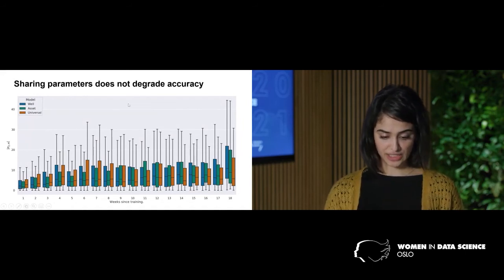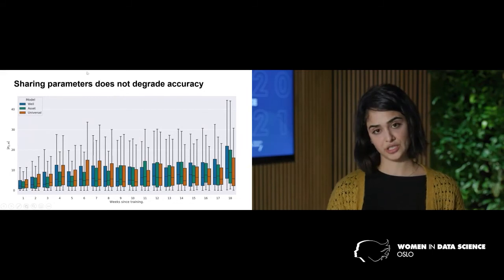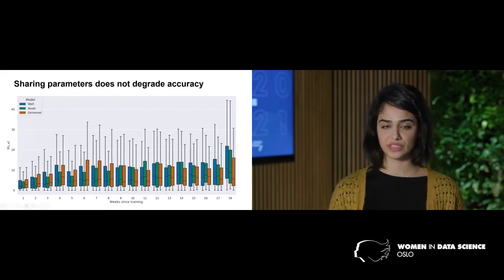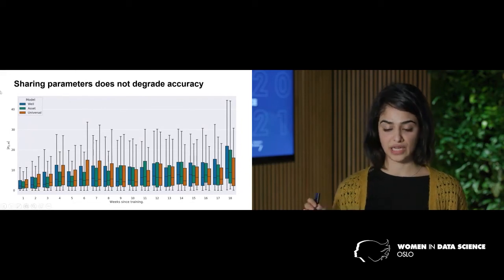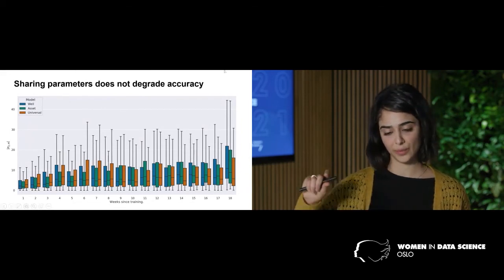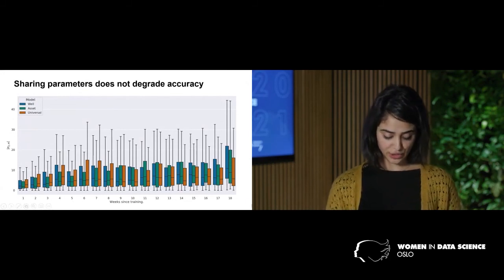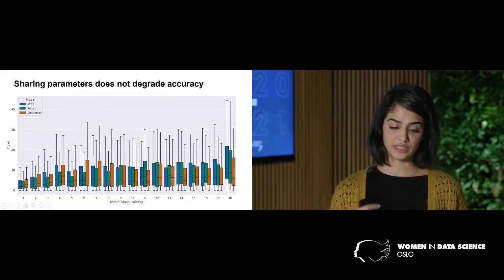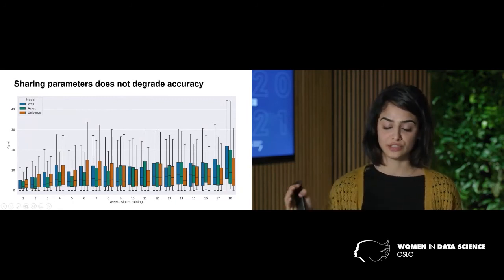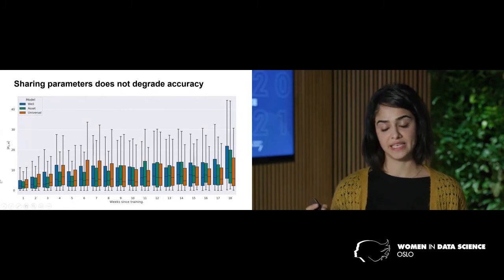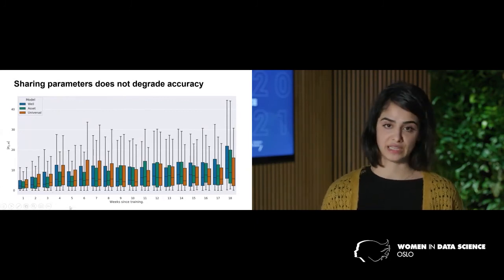So what you can actually see here is that the models are quite similar on average. So there's not a huge difference between them. But we also see that they deteriorate a bit over time. So you see the error is moving up a bit as you move away in time. We also noticed that the transfer learning models, the green and the orange, are adding some robustness far into the future. So in week 18, you see, for example, that the orange model is performing significantly better than the